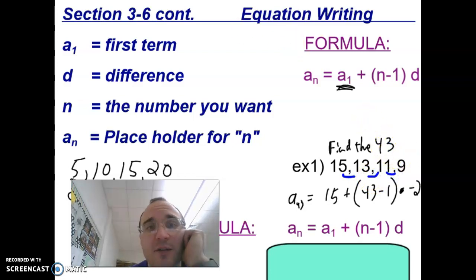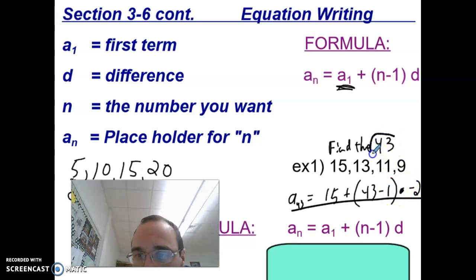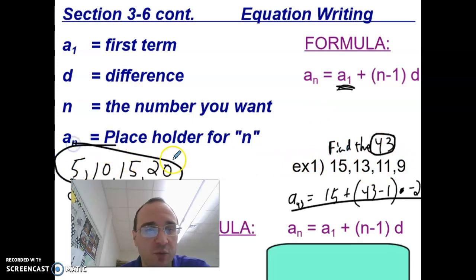So now that we have everything squared away, we can now write this formula out. So that is how you write the formula when you need a term. They're also going to ask you at times to write the formula when you don't have a term. They're just going to say, write the formula for this set. So if I give you a set of numbers like these over here, if I just want the formula for it,